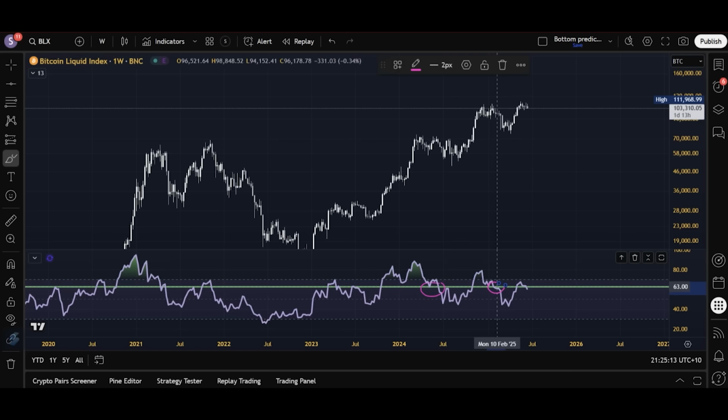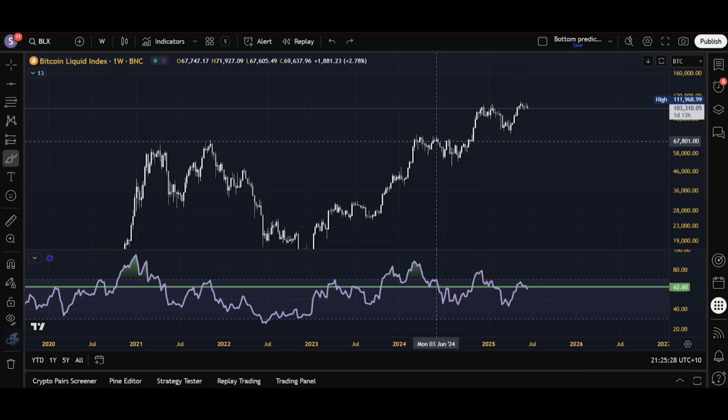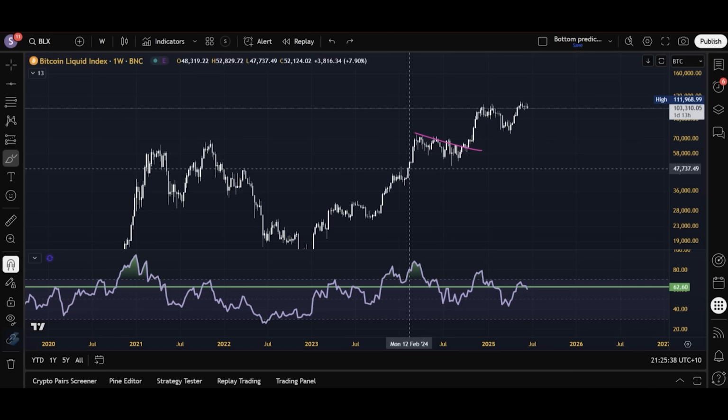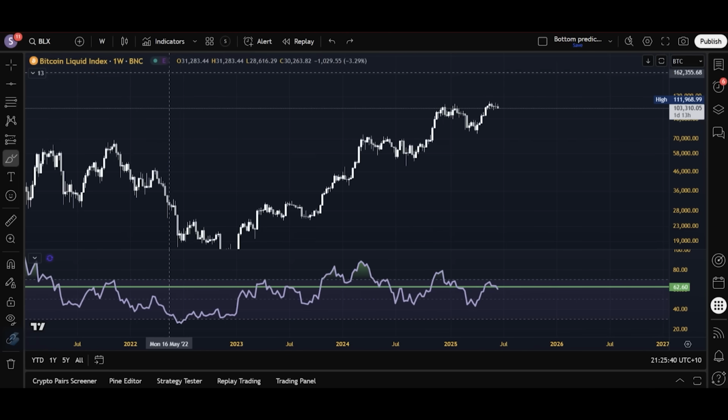In fact, we broke it 3 months ago, 4 months ago, and we didn't break the bull market. We held on to the bull market, even though we broke down from this level. So you can see corrections that don't necessarily lead to macro breakdowns while breaking this level. In fact, we saw that exact thing here in 2024. We had the macro descending channel formation. We broke this level and we still held on to that macro channel formation and we still broke up from it. So it would be a delay. It would be confirmation of the delay, but it wouldn't be necessarily existential.